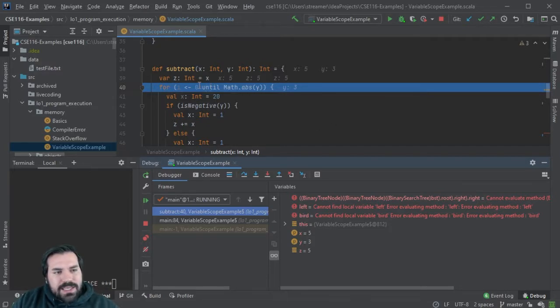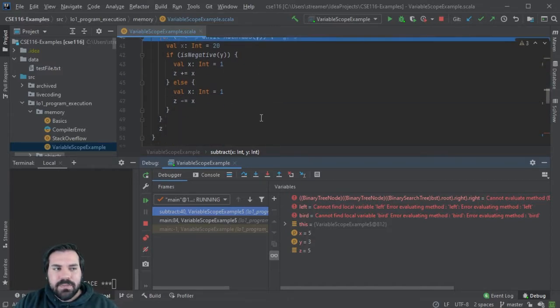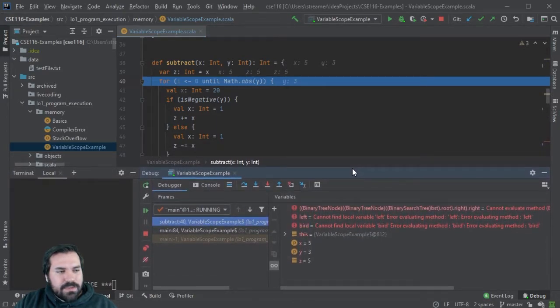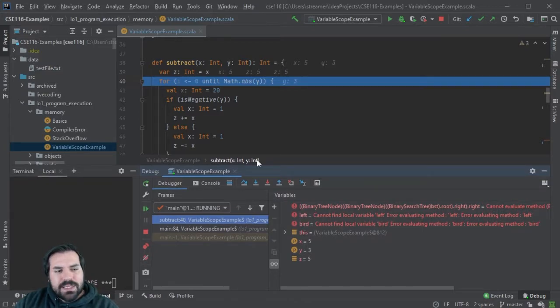So now that we're at this line, we're going to step into again. This is named step into because it's going to advance one line of execution and also step into any method calls. So we stepped into the subtract method. And when we step into right here, we should step into the absolute value, but the nice thing about doing a live demo is IntelliJ is going to tell us exactly the answer. So I'm going to step into,